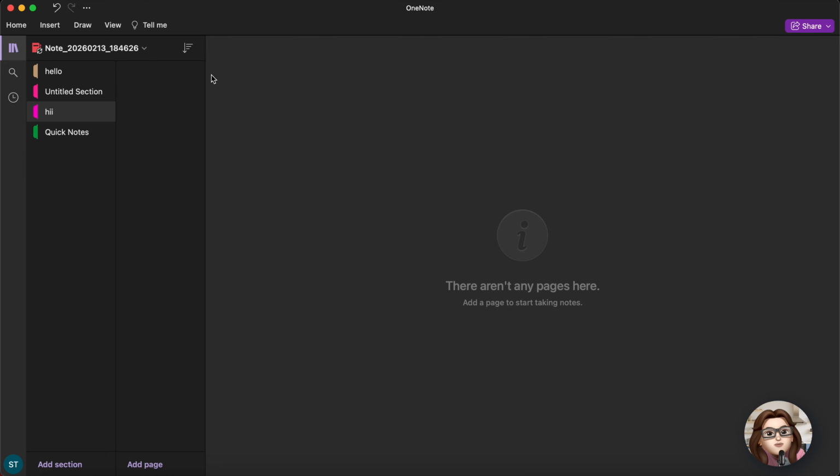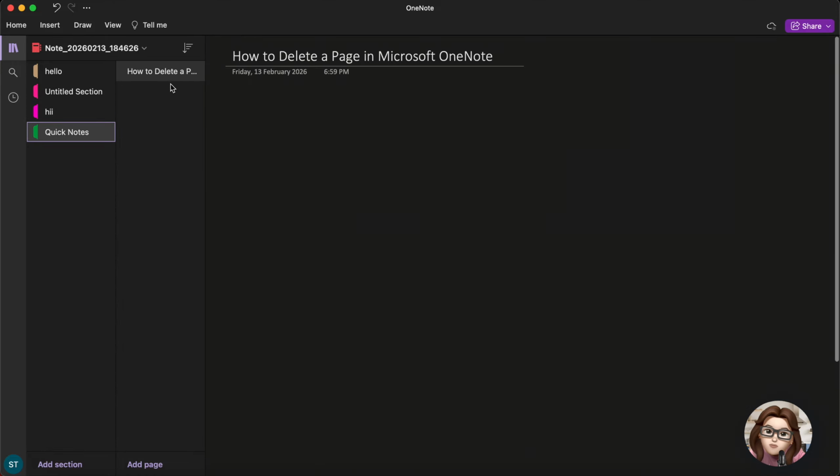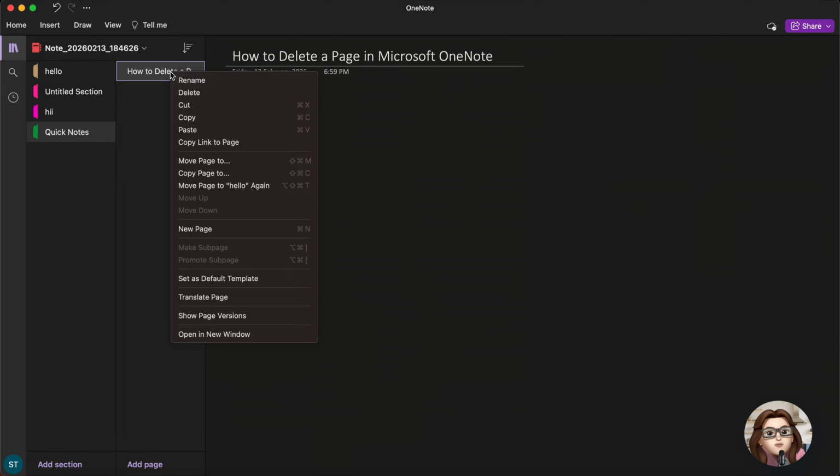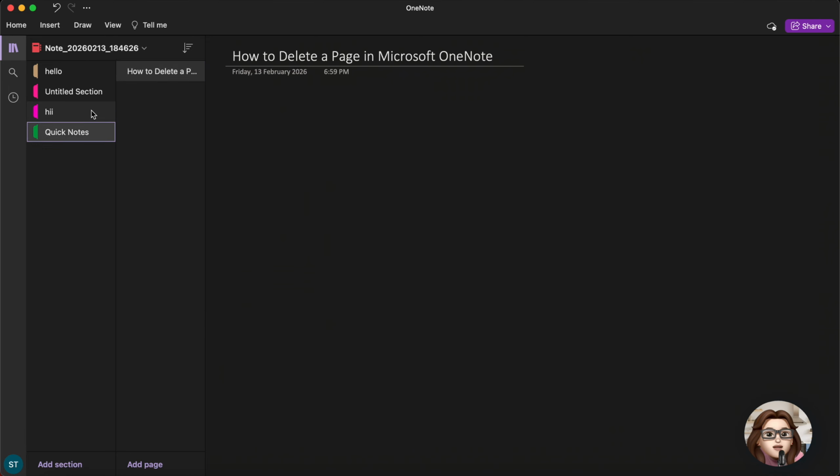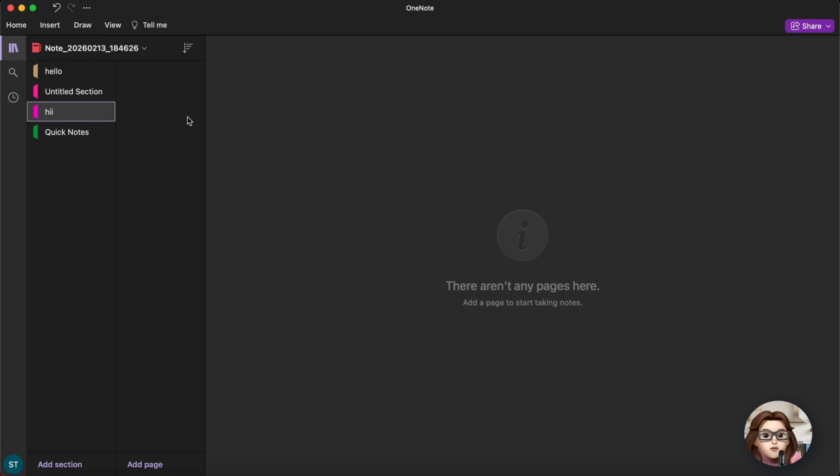If you're using OneNote in a web browser, the steps are almost identical. Open your notebook online and navigate to the section that contains the page. In the page list, right-click the page name on a PC or control-click on a Mac, then choose Delete Page. Just like the desktop app, the page is removed from view and placed in deleted notes or the recycle bin